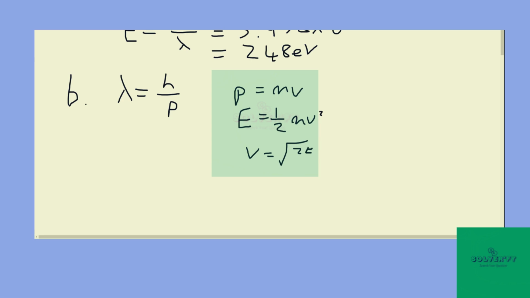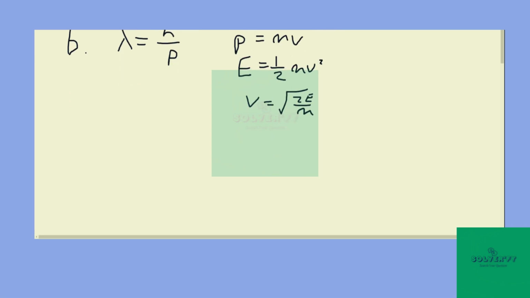So we get that v is equal to root 2E over m. Now, if we put this into p and then put this into lambda, we end up with lambda is equal to h over root 2mE. And then we need to find what E is. So now we just rearrange this equation here for E, where we get E is equal to h squared over